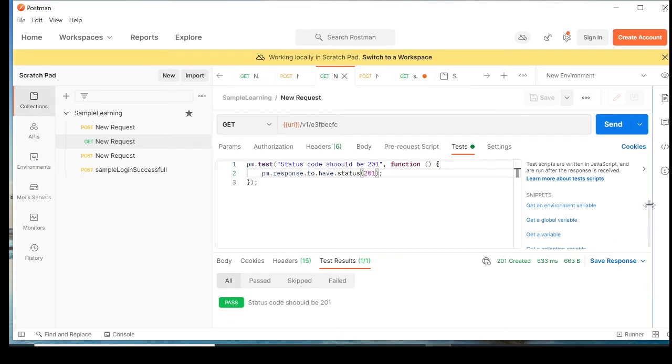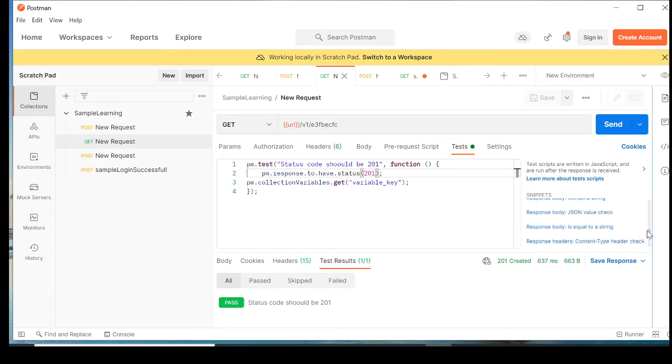Let's see a few more assertions. Suppose we get a collection variable, right? Because we have created collection variables as well. If you notice, at the collection level I have created a URL, this URI. Let's run it and see whether it gives you that or not. It must have given it, because we have not stored it anywhere, it is not showing you. So you can do this as well.